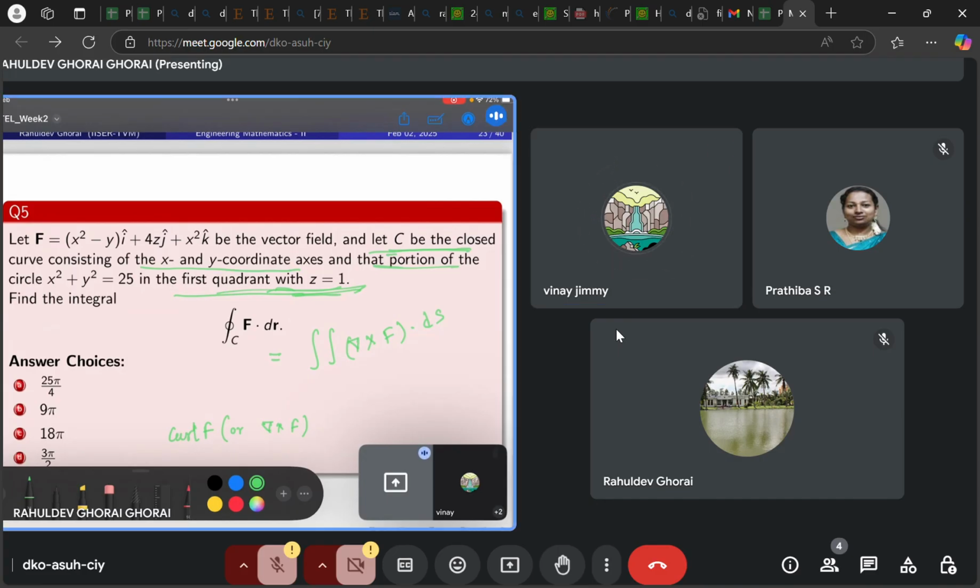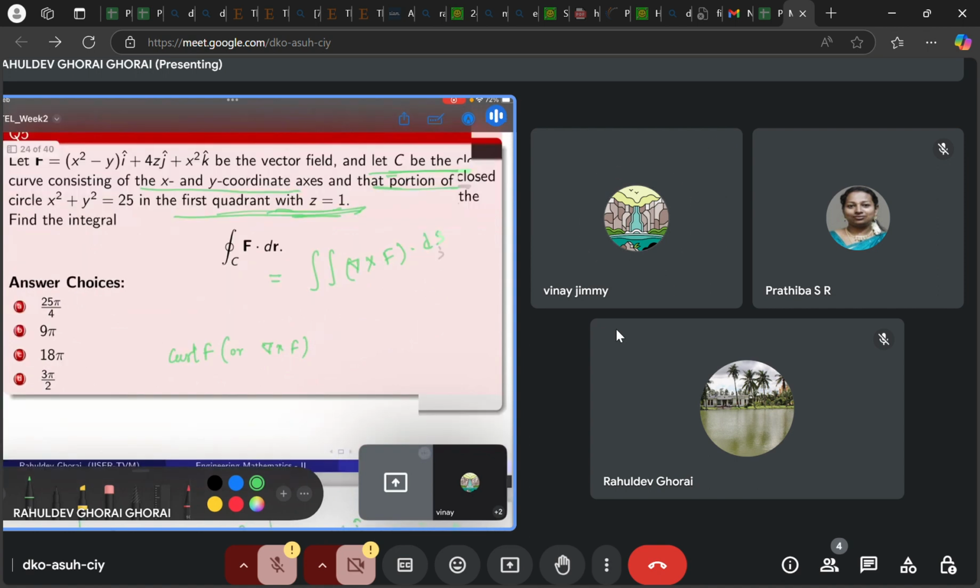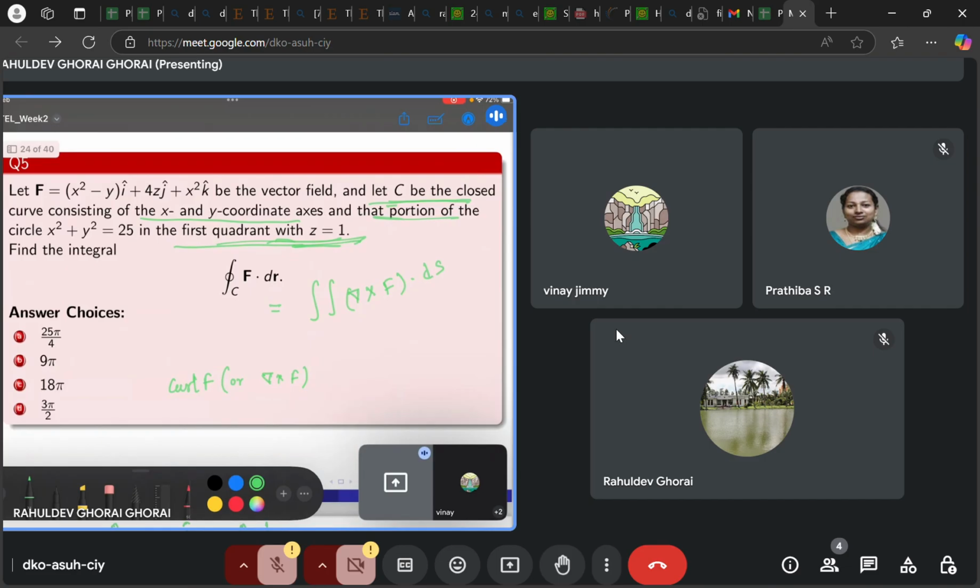No idea what they want, what they mean. See, this circle x square plus y square equal to 1, and with z equal to 1 it will be this type of circle, where z equal to 1 is the z axis with its value 1 and it is the xy plane. So the circle x square plus y square will be above, and there you need to find that portion of the